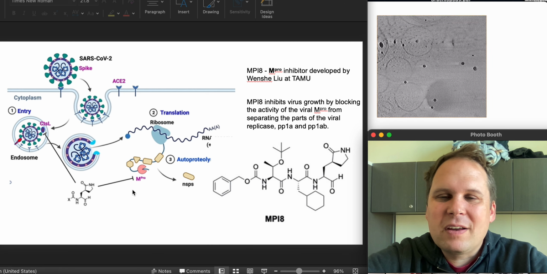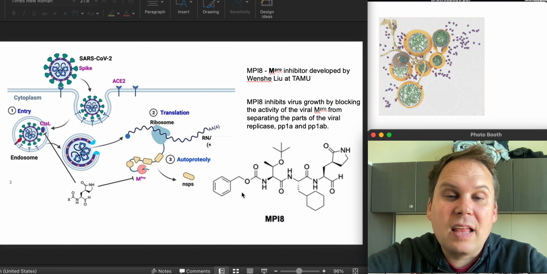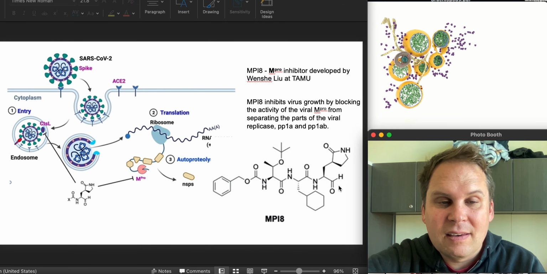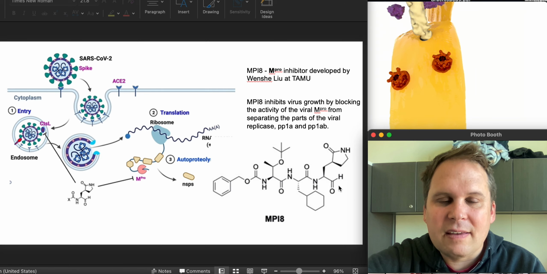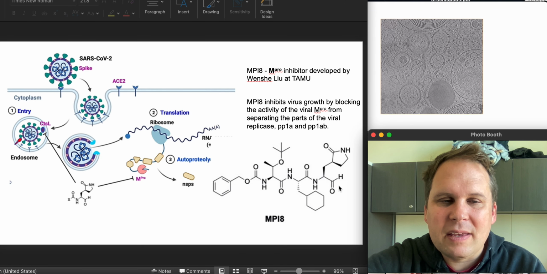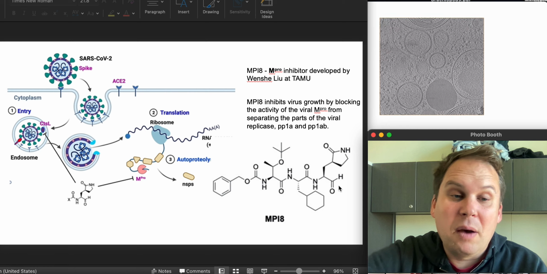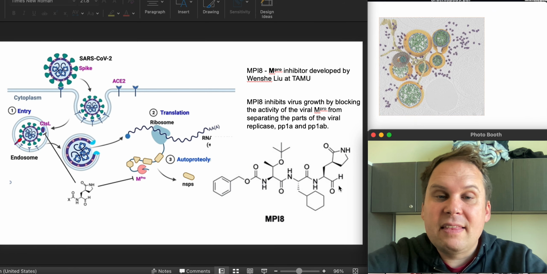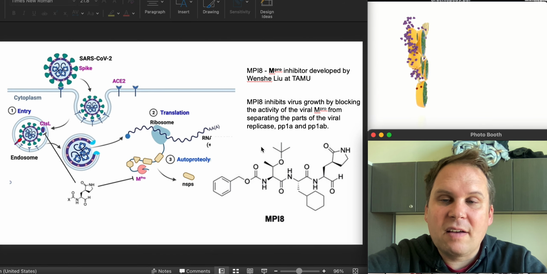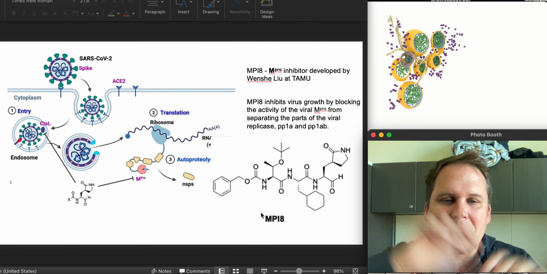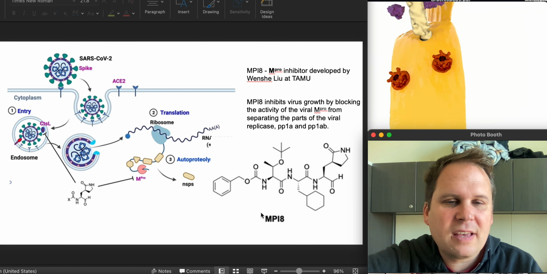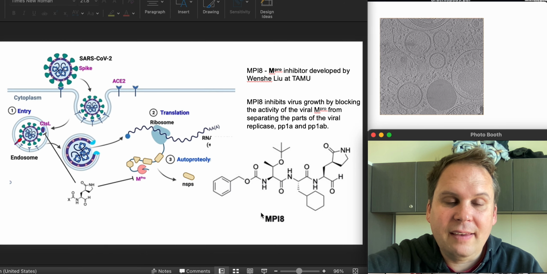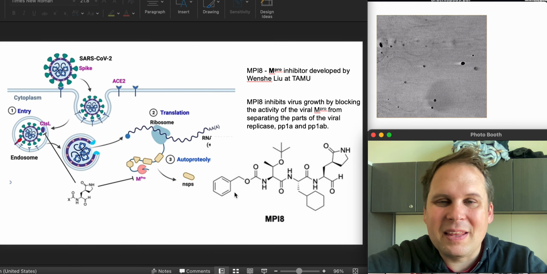And so the way it works is it just goes in. It looks like a peptide. It is what we call a peptidomimetic, which just means a thing that mimics a peptide, which this does. And then it has some extra little funky groups sitting off at the side to help it sort of bind a little bit better to the active site of the main protease. And yeah, it does a very good job of that.